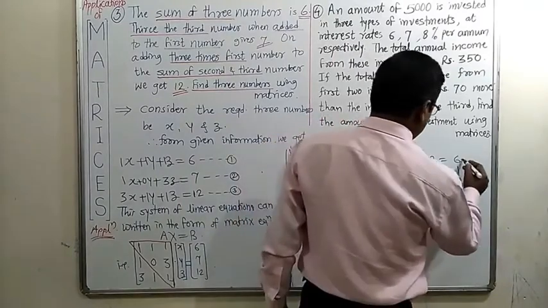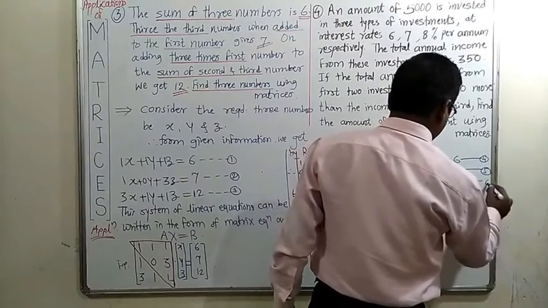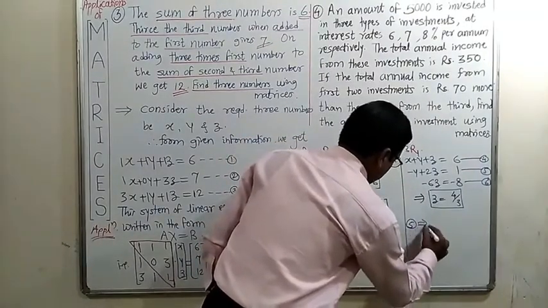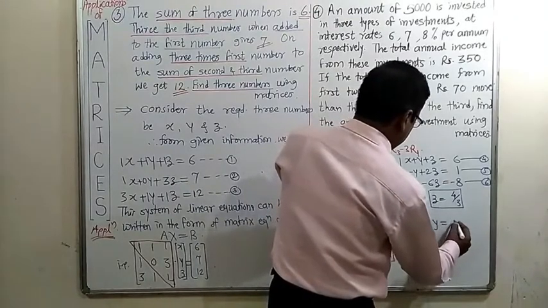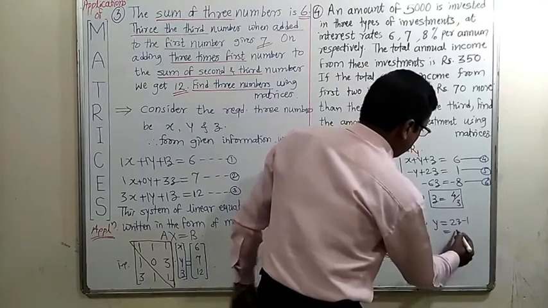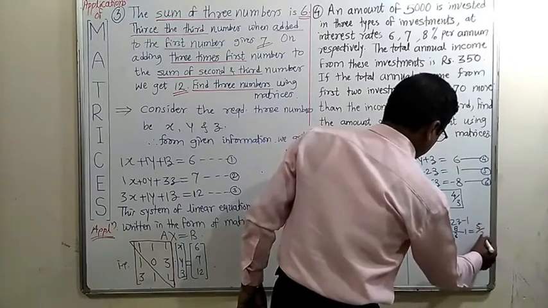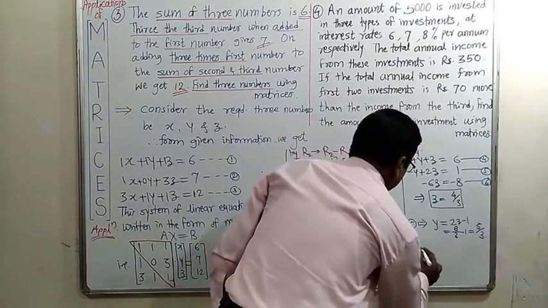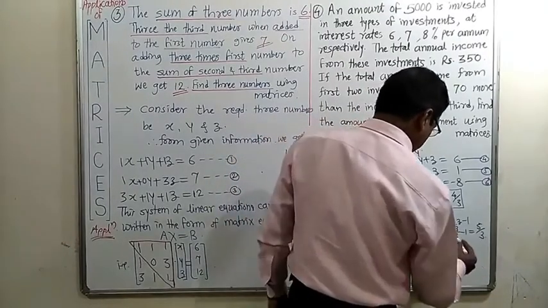Putting value of z in equations 4, 5 and 6. Now from equation 5 implies minus y, or y, equal to 2z minus 1, that is equal to 8 by 3 minus 1, that is equal to 5 by 3, and equation 4 implies y equal to 5 by 3.